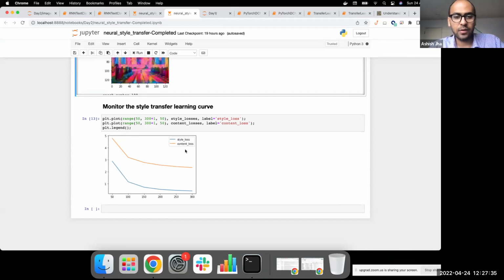Okay, I totally get your point. One quick clarification is that these two lines here are not training and testing. They are two different kinds of losses. You can think of both of them as training loss. In a task like neural style transfer, it is actually quite difficult to formulate a testing loss, because you will need someone to tell you that this looks good enough, or this does not look good enough.